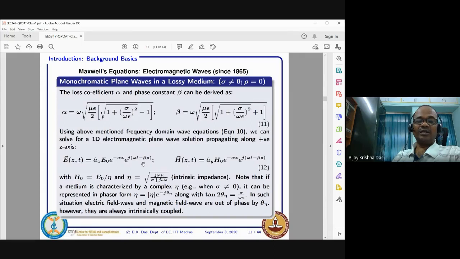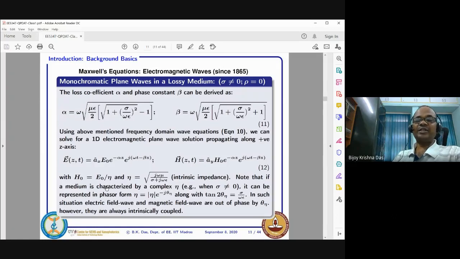This is a bit of derivation. If you try, I think within half an hour you can solve it. Otherwise you can consult a textbook, or we can do the derivation for you. Again, this eta value is frequency dependent, mu dependent, omega dependent, sigma dependent. If sigma equals 0, then j will cancel, omega will cancel, and you get the square root of mu by epsilon. That is called the intrinsic impedance if lossless. And if it is free space, mu becomes mu naught, epsilon becomes epsilon naught, and eta becomes eta naught.